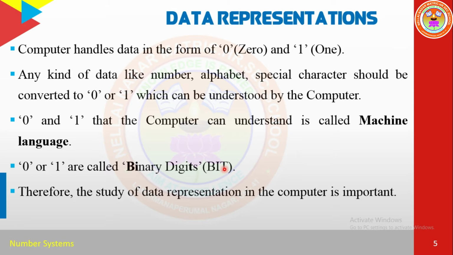Okay, so whatever the data or whenever you have to feed the data inside the computer, everything should be stored in the memory part like a bit. So bit is a very smallest memory part in the computer. So whenever you have to use the data, it will be automatically stored in the particular memory part, that is known as what? Bit. Okay, so now the study of data representation in the computer is very important. If you know about these topics, then only you can understand how the memory representation is going on.